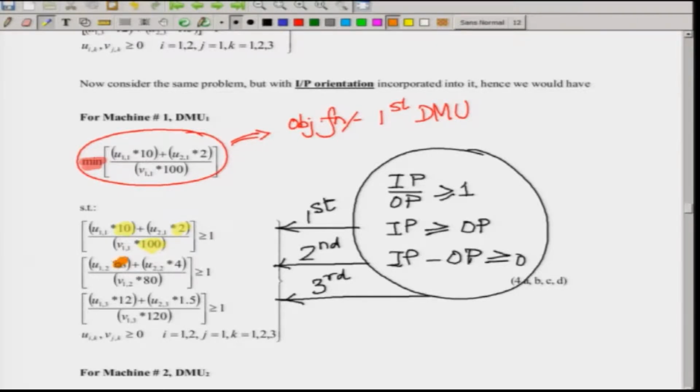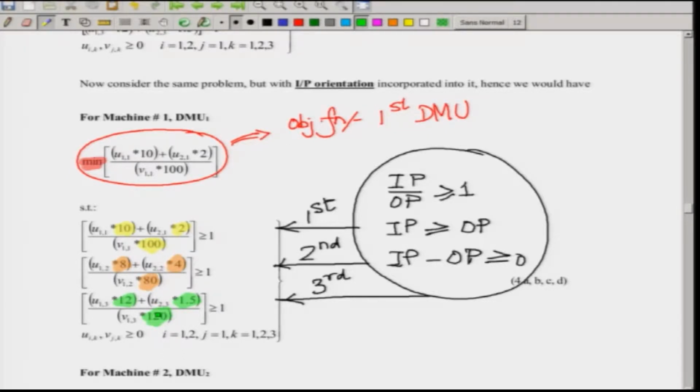Similarly, when I go to the second DMU, I use the coloring scheme orange, which I have already done. Correspondingly, 8, 4 and 80 are the conversion rates or units for the 2 inputs and 1 output. Similarly, with the coloring scheme green, which I had done in the last class, 12, 1.5 and 120 are the corresponding conversion units